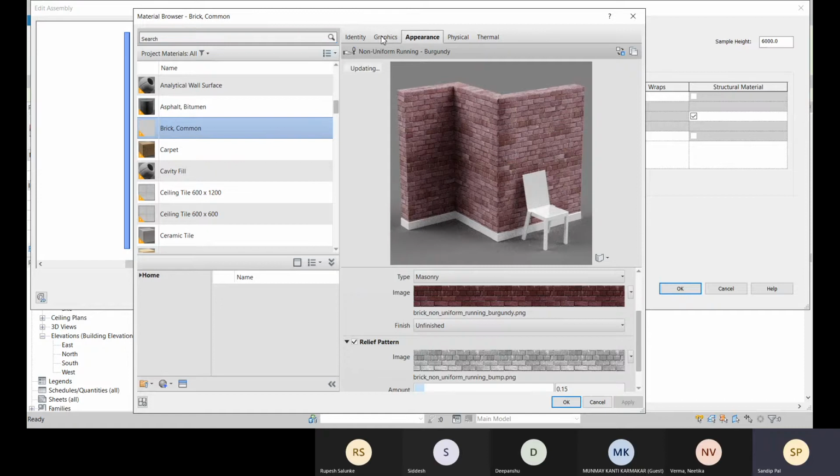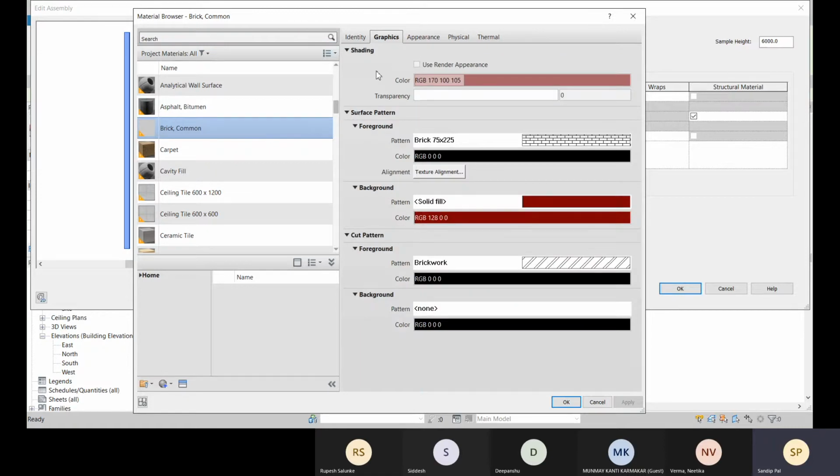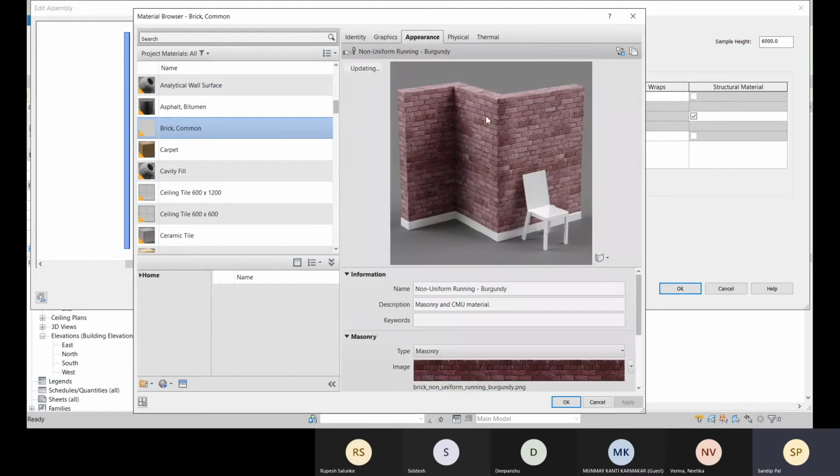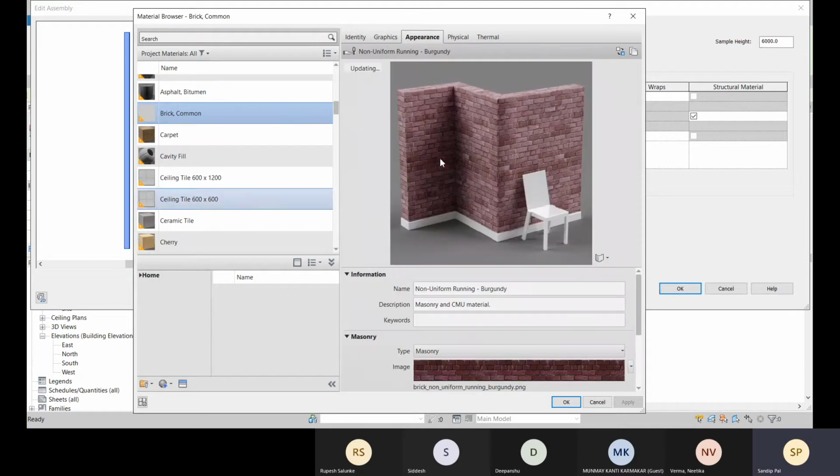Before clicking on OK, I have something more to show. In this shading option, if you choose this render appearance, these are the options which will appear while rendering and in the realistic mode.